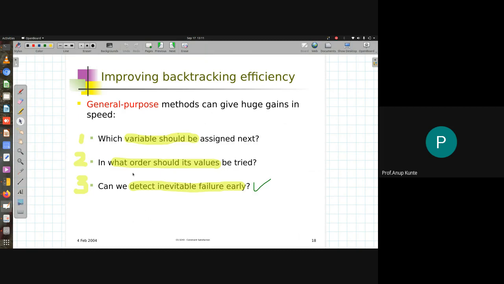We may decide on an ordering, and based on that ordering we order the values in the domain. That's another way of improving upon the efficiency of backtracking.